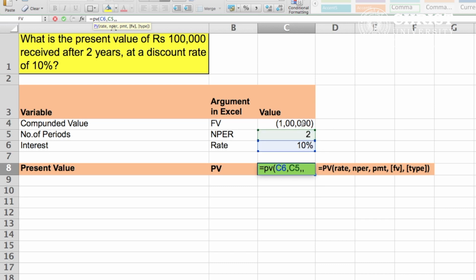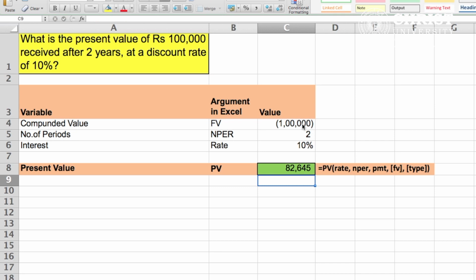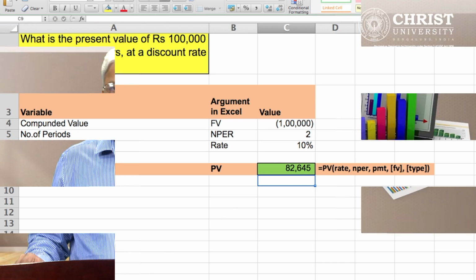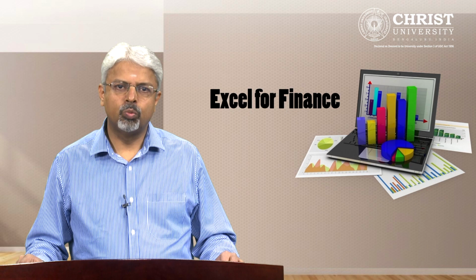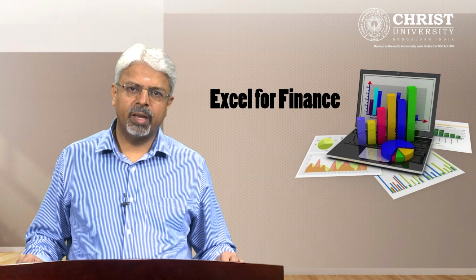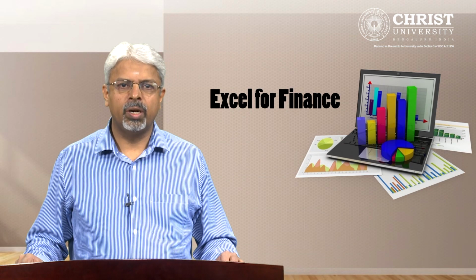Again you type comma and 1 lakh rupees, which is the future value. Ignore the type as this is not an annuity and close the bracket. This will return a sum of rupees 82,647.